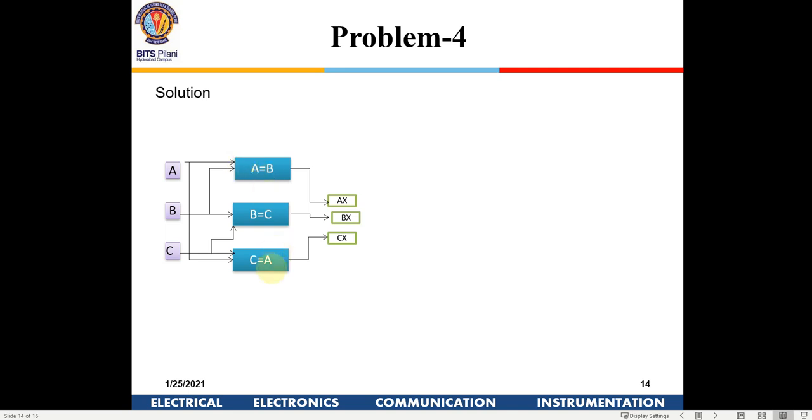It is a majority circuit which we did. Only thing is, when we are talking about microprocessors, we are not talking about a single bit. A is a register, B is also a register, and C is also a register. So we are comparing the values of register A with register B. If the contents of A and B, or B and C, or C and A are equal, then we get that equal value in the output.